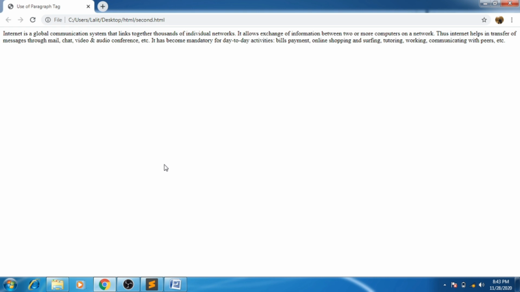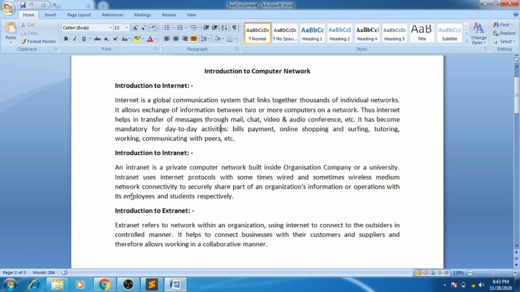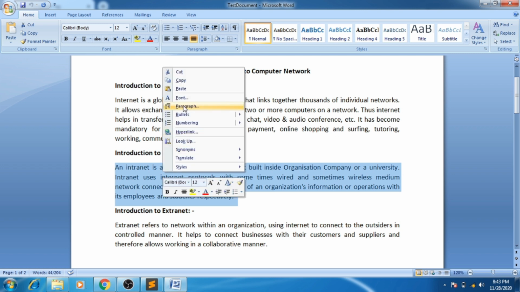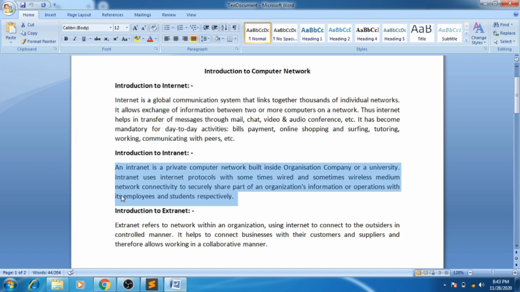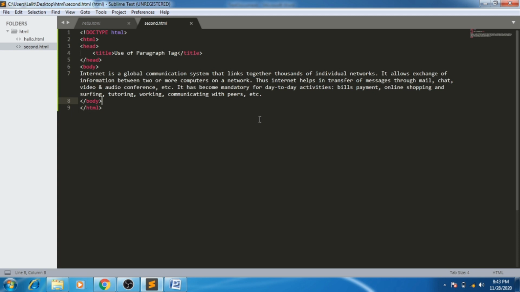I go back to the Word file, copy the second paragraph, that is introduction to intranet. Right click, copy that and paste it in the Sublime Editor.